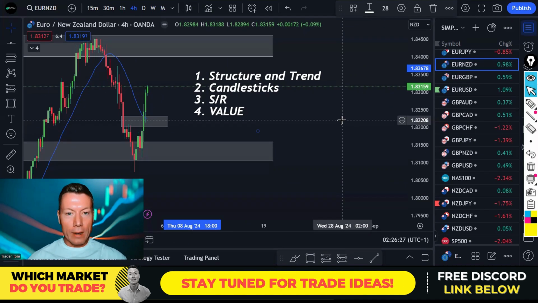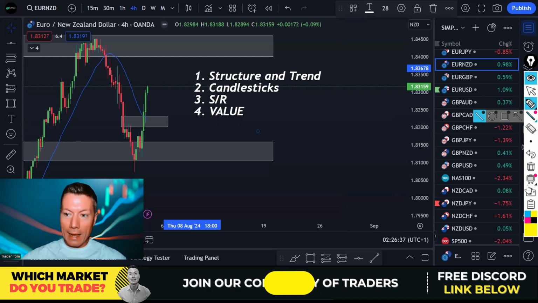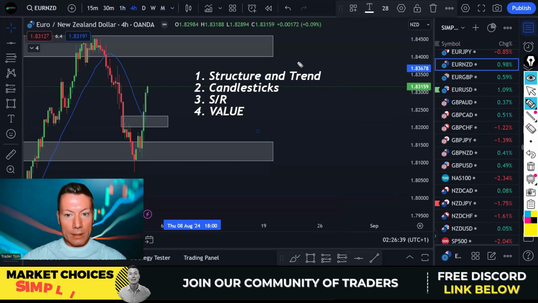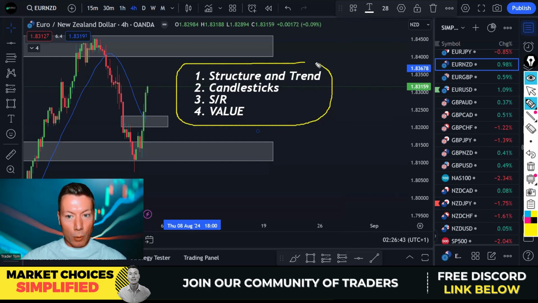So as I said, guys, right, each day we come to the market, we do our analysis. So which pairs, which commodities, which indices can we trade? Well, the things you need to look at are this. You need to understand the structure and trend, the candlesticks, the support and resistance levels, and value, right? If we get pairs, commodities, indices that tick enough of these boxes, yeah, that's how we know we can trade